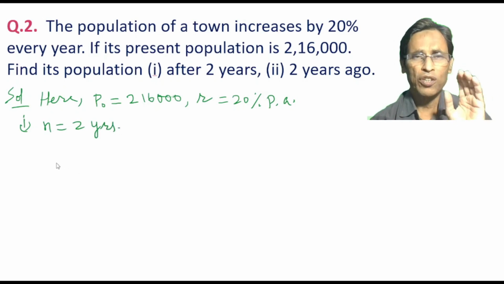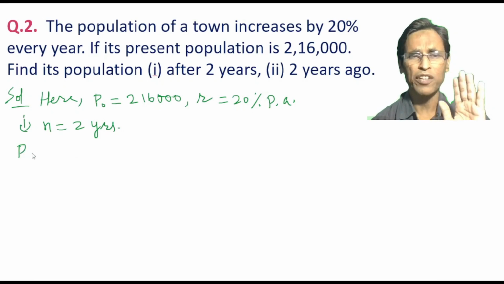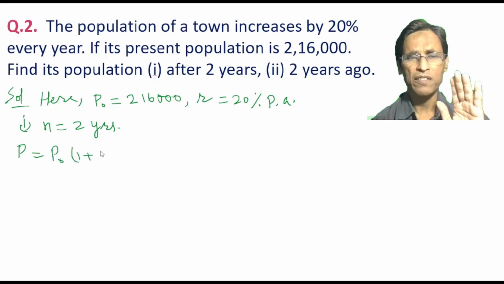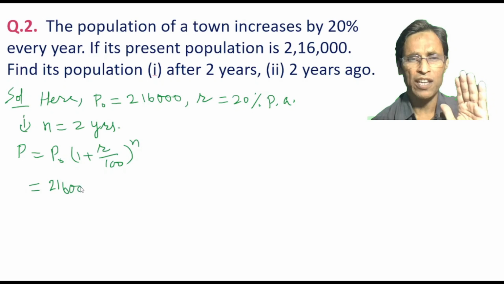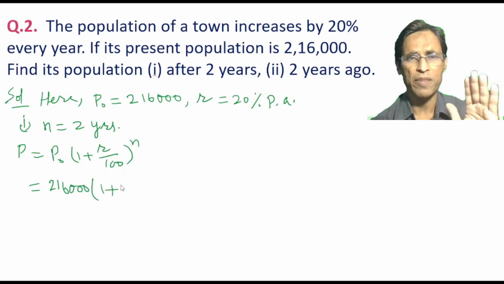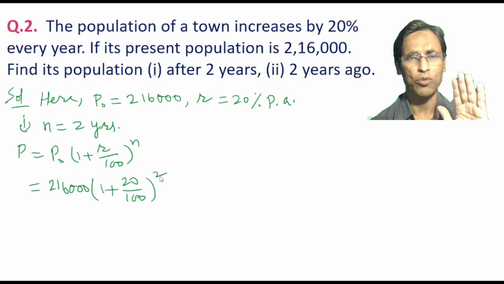And so, total population of the town, if indicated by P, then P will be P0 times (1 plus R by 100) to the power n. P0 will be replaced by 2,16,000 into 1 plus R will be replaced by 20%, so it is 20 by 100 and then n is replaced by 2. In simplification, we find